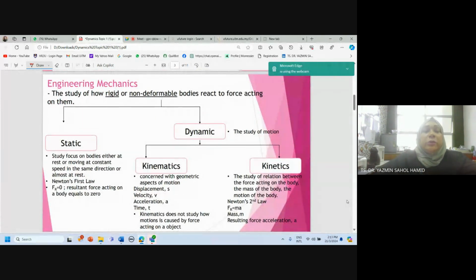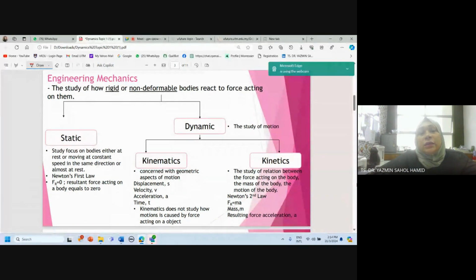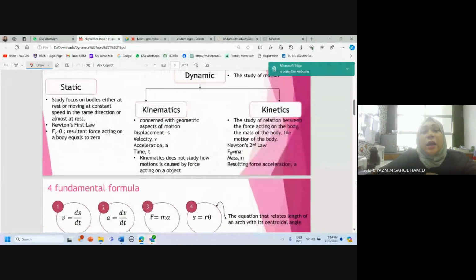Okay. Engineering mechanics. So, what is engineering mechanics? Engineering mechanics is the study of how rigid or non-deformable bodies react to forces acting on them. When we say the thing is rigid and non-deformable, it means that it cannot change shape and size. Like jelly, you can change its shape and size. Okay, slime, it can change shape and size. But when we study engineering mechanics, we focus on things that are unable to change